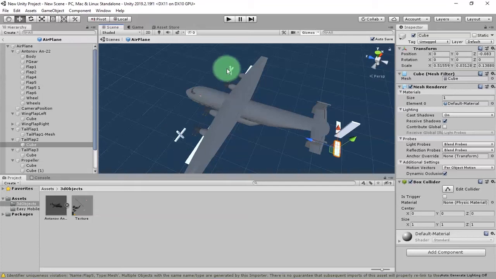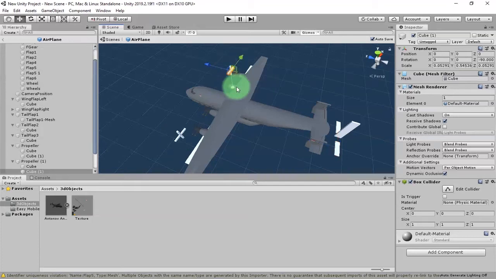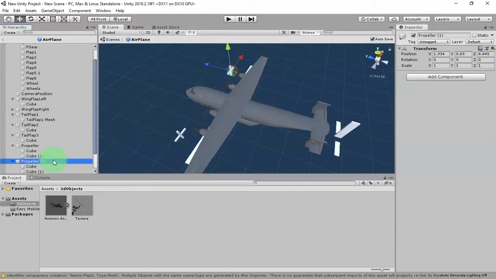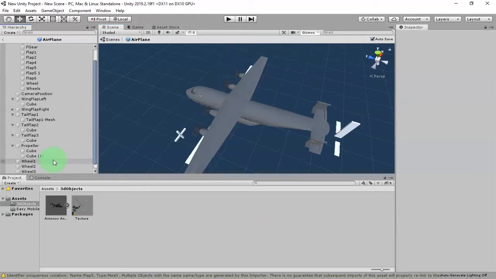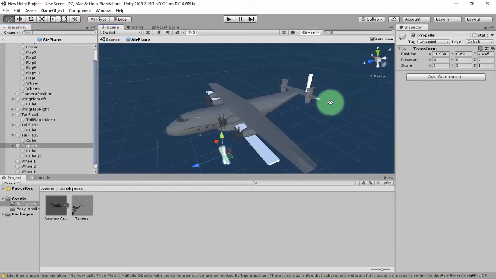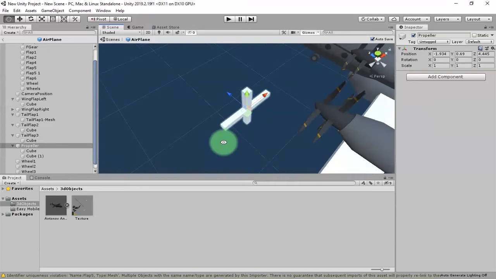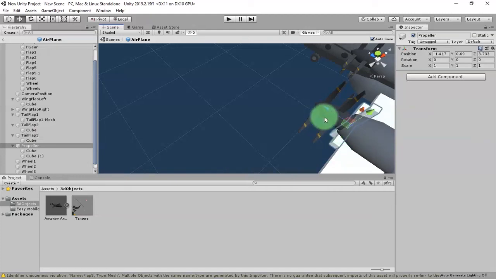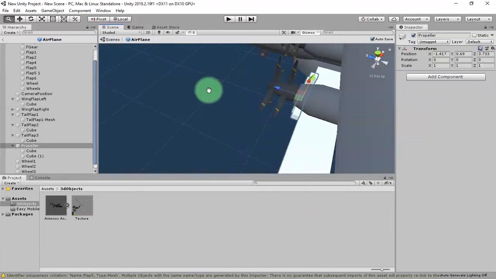Here, this one I remove one of the propellers, this propeller I remove it, and let's start with this propeller. I'm going to reposition the propeller here,